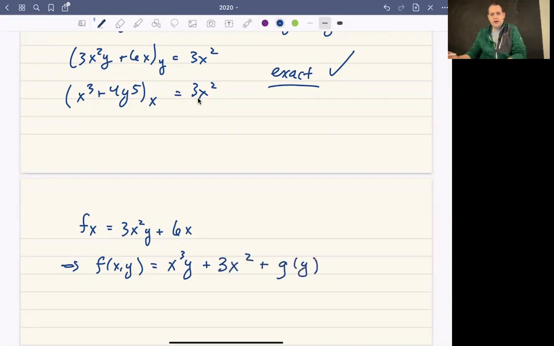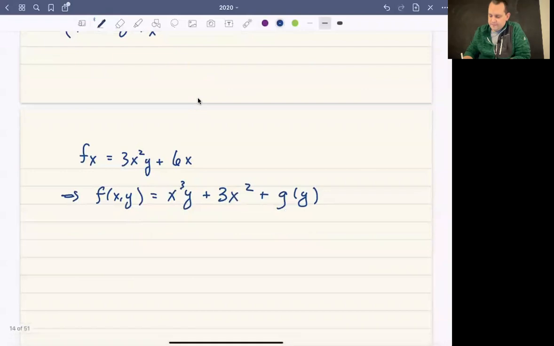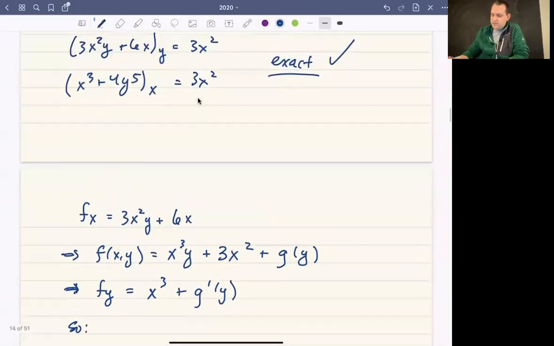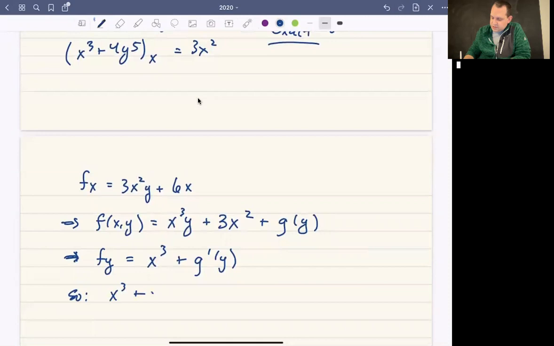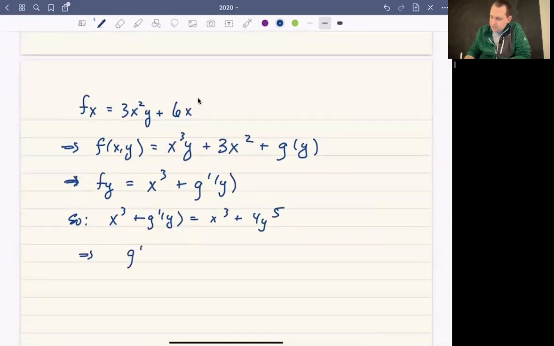And then we'll do the usual thing where we differentiate this version of f with respect to y and set that equal to the other version of the partial of f with respect to y. If we differentiate with respect to y, we end up with x cubed plus g prime of y. That should be equal to the other expression, x cubed plus 4y to the fifth. So x cubed plus g prime of y equals x cubed plus 4y to the fifth. That implies that g prime of y is 4y to the fifth, and therefore that g